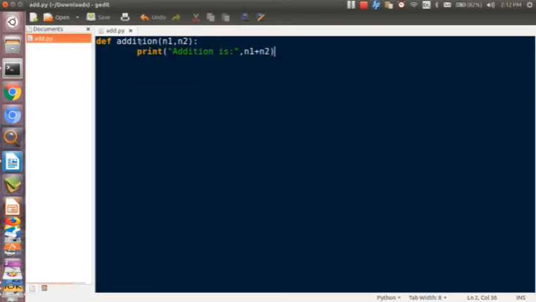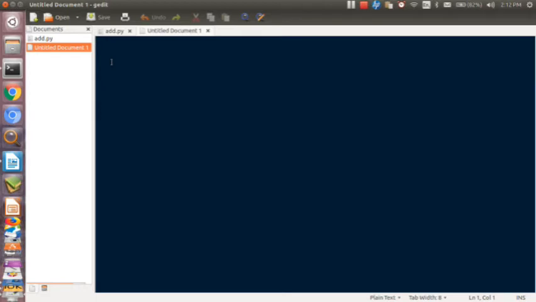Now we require one more file, in which we will import this file. So let's take one more text editor. In this text editor, first we need to import the previous file name. The previous file name is add.py, right? So we have to import that name over here.